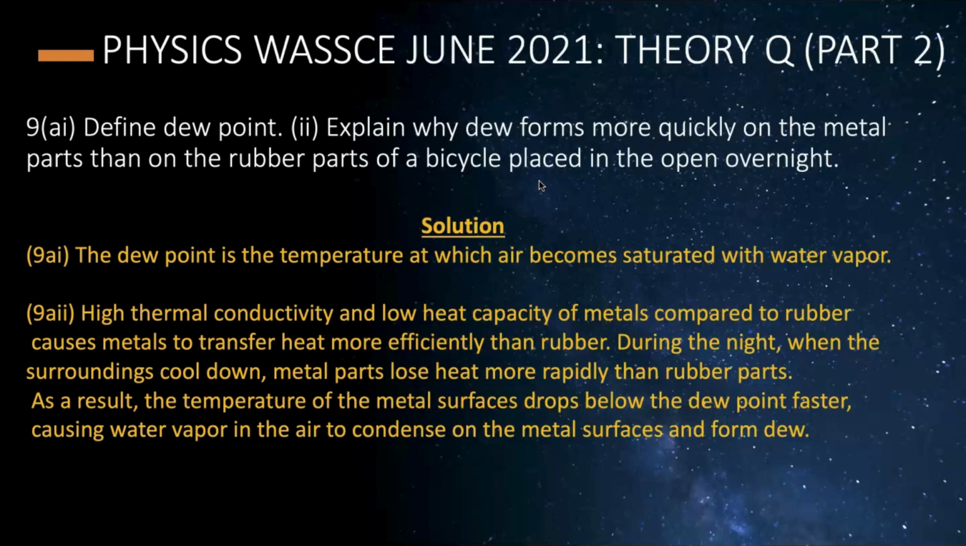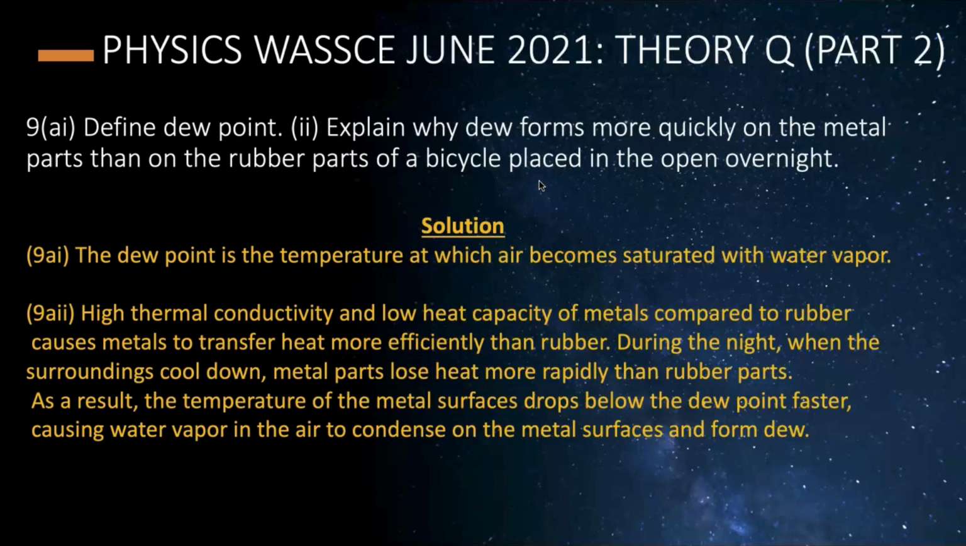And as a result, the temperature of these metal surfaces will drop below the dew point faster. So what that causes is that the water vapor in the air will now condense on the metal surfaces and then form the dew. All right, I hope that makes sense, but I will be moving on. So just try to understand what goes on. It will help you